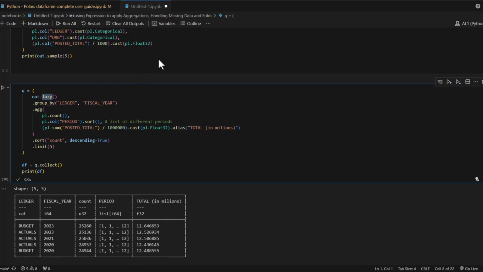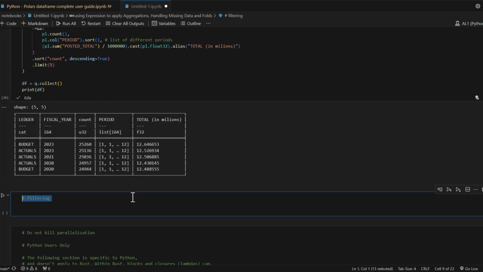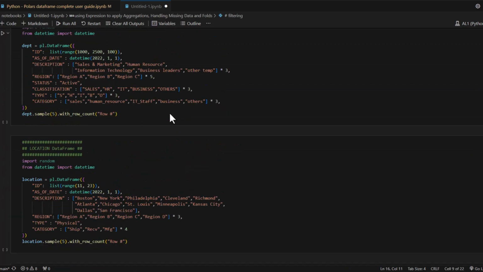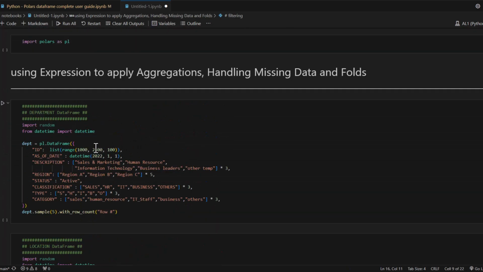Let's take another example using filtering. So for example, if you want to use the same data and you want to see the group by posted dollar amount by quarters. So in this case, you can just filter the groups. You can create different groups. So in 1 year, there are 4 quarters. So what we will do,